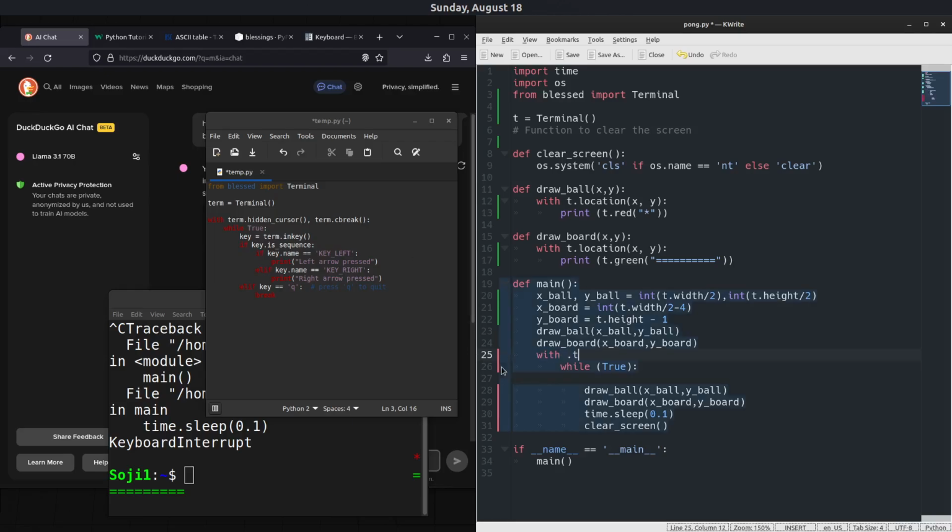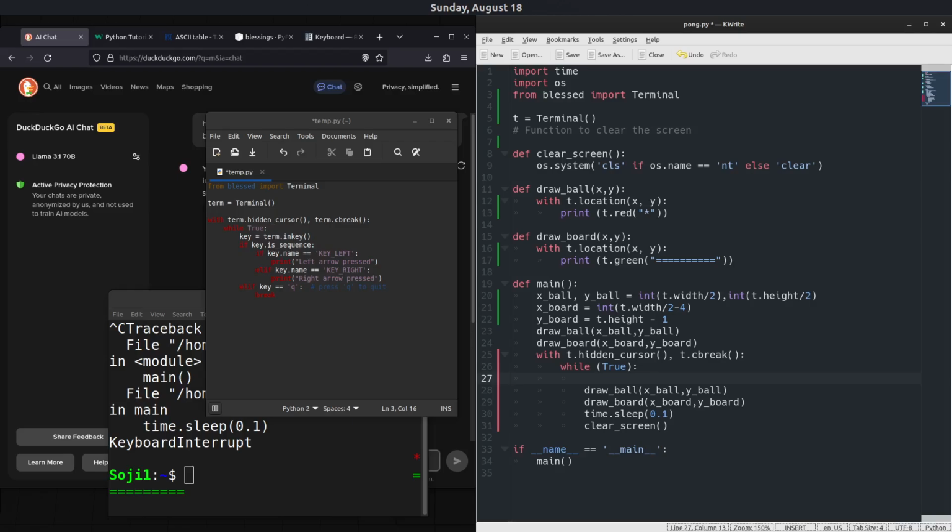With T dot hidden cursor, T dot cbreak, this, and then